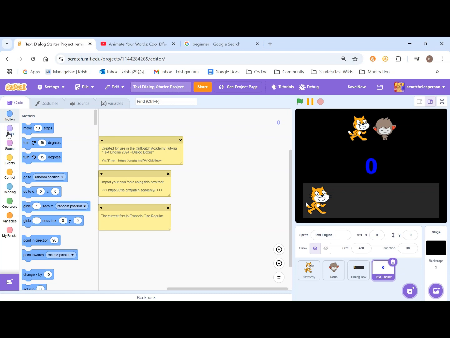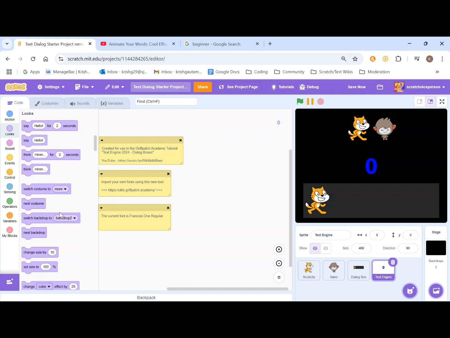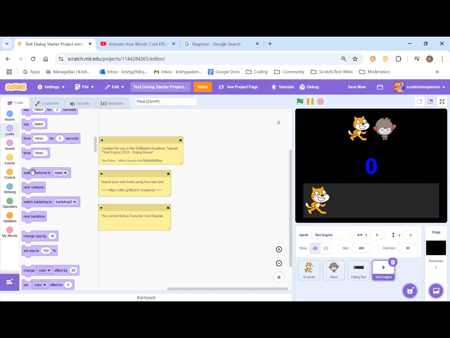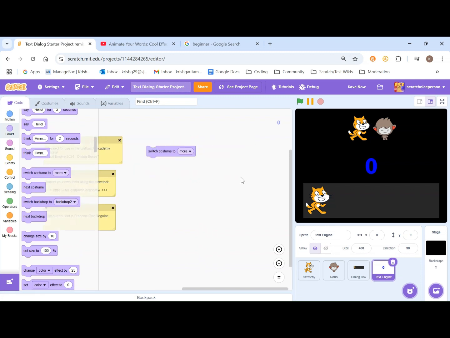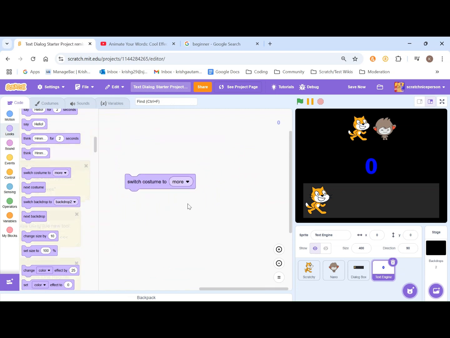So go to the looks category on your left and find the switch costume to block. Please drag this block over here. I hope you can see. And switch costume to A. So this will make the 0 character to A on this screen. And after that,